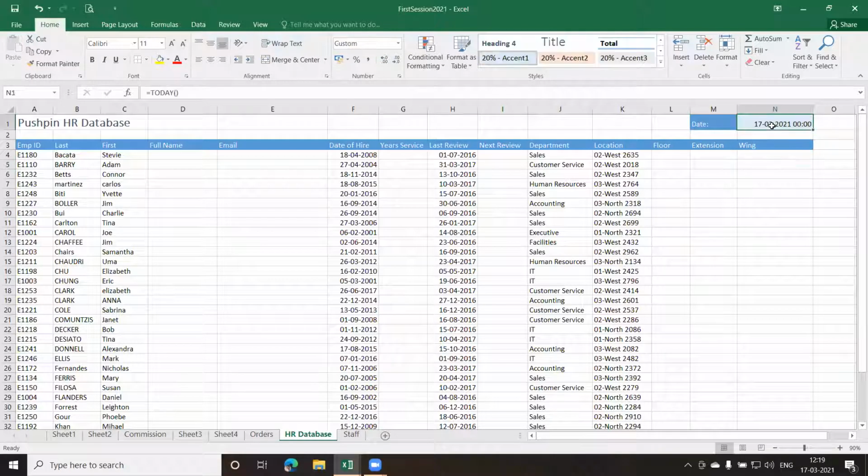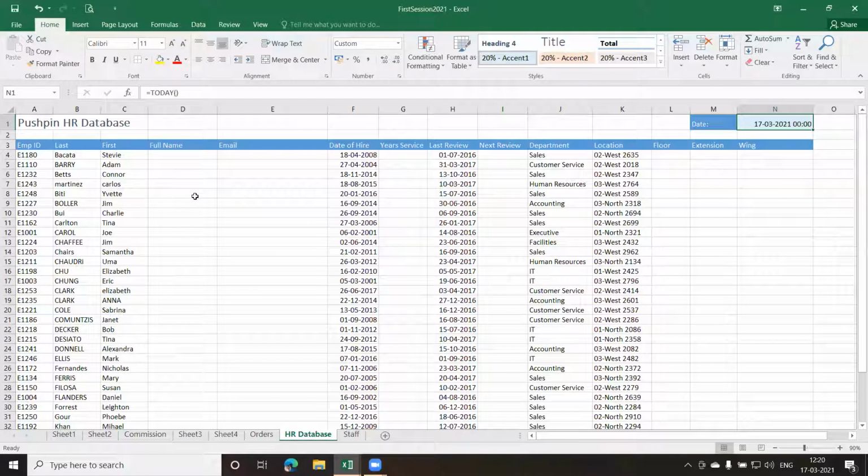So this first function which we are doing for today, the TODAY function, gets the current date or the system date, you can say. In some cases, if your CMOS battery is down, or there's some issue with your PC or your laptop, the system date is not the current date, it might be some other date.